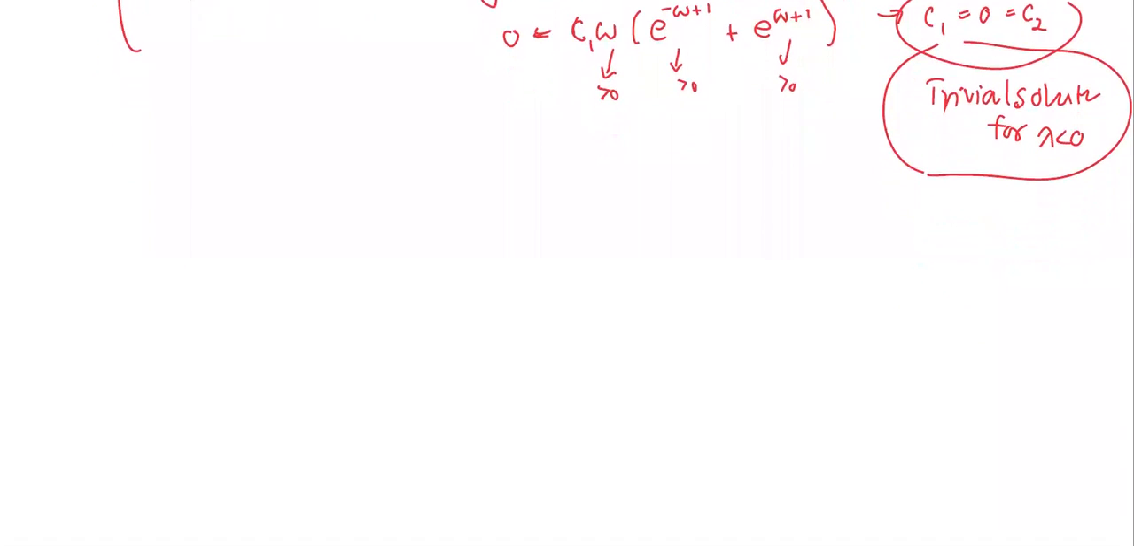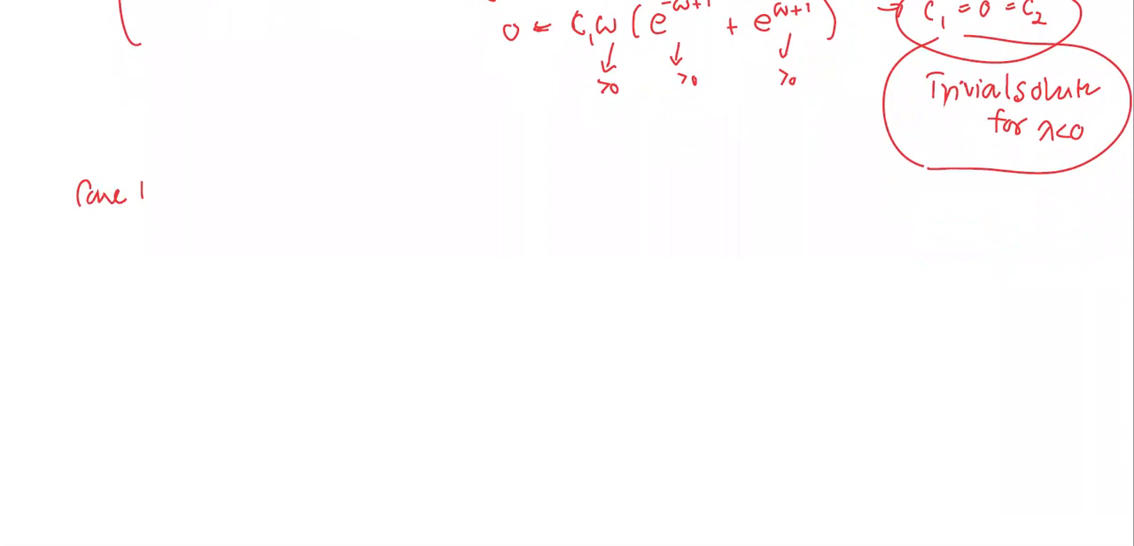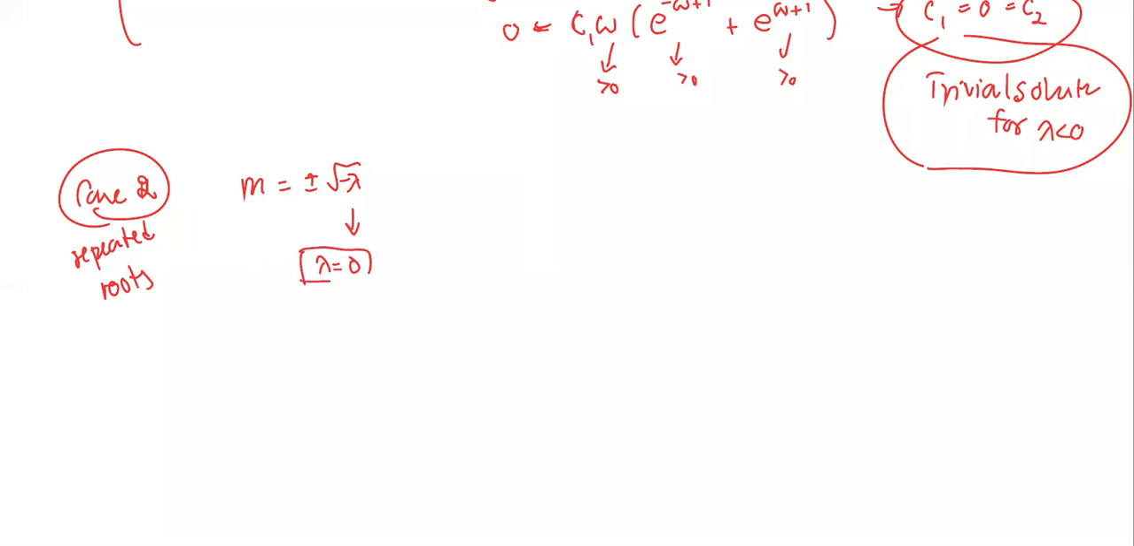All right. Case 2. We have m equals plus minus square root negative lambda. Case 2 is going to be the repeated roots. The only case that gives a repeated root is the case that lambda equals 0. If lambda equals 0, we have m equals 0 and 0. So then the general solution,